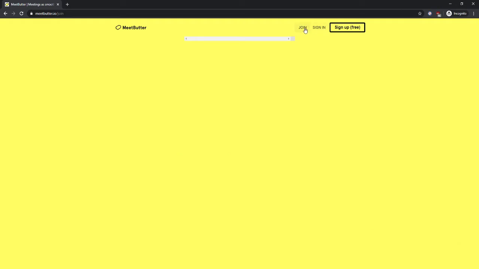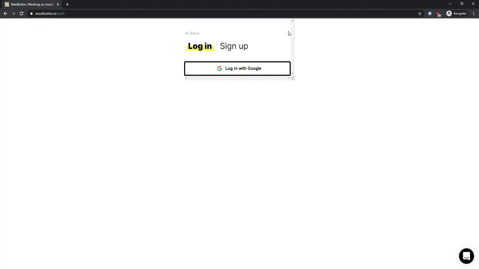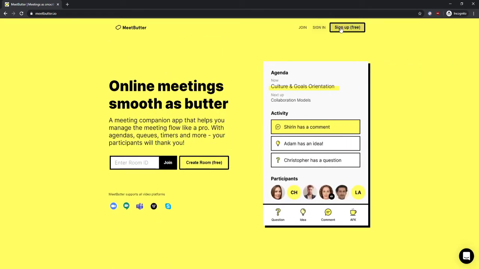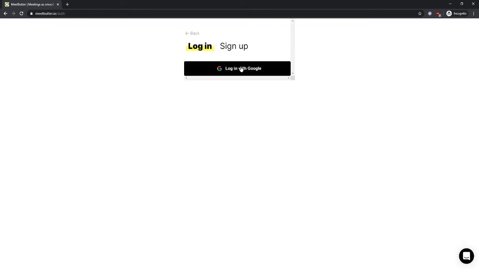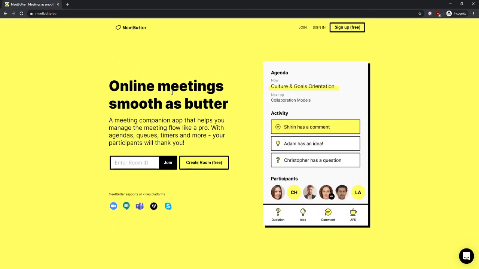Let's find out. Join takes me to a page with nothing. Sign in takes me to a login with Google iframe, and I cannot go back. Okay, here we go. I clicked on go back, and then sign up free takes me to the login page again, which is kind of weird. I don't know why it's an iframe within a page. Anyway,